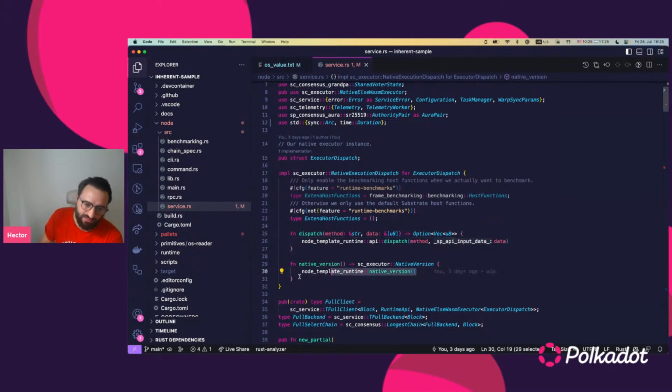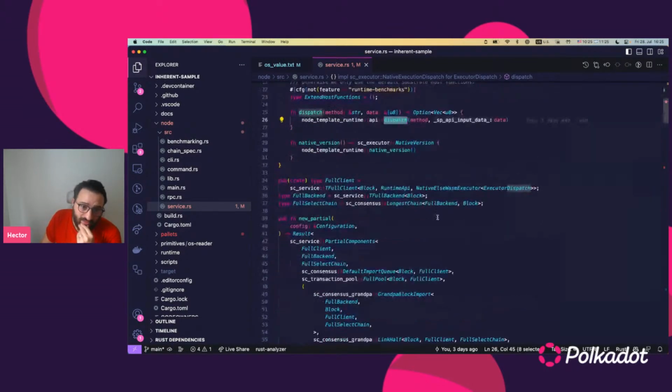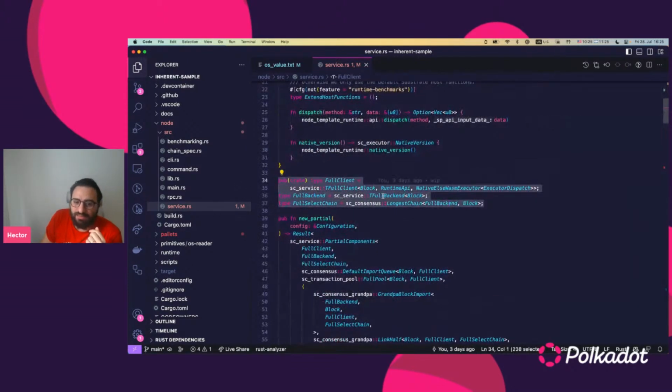For example, you have this function, which selects the native version or dispatches the APIs for these runtimes. And then, through the core libraries we were talking about, you have, for example, this Substrate core service library that is defining the type for the full client, the full backend, and